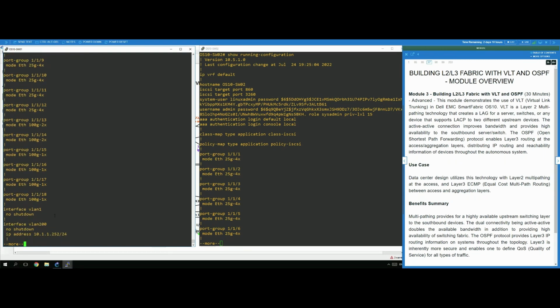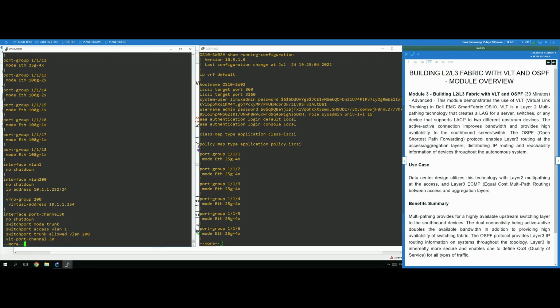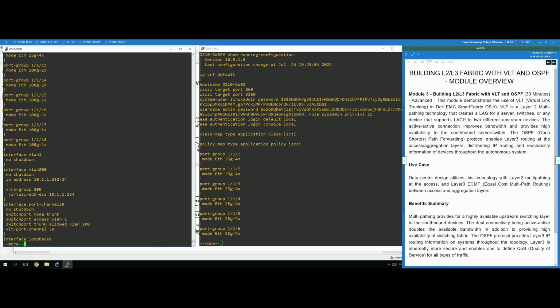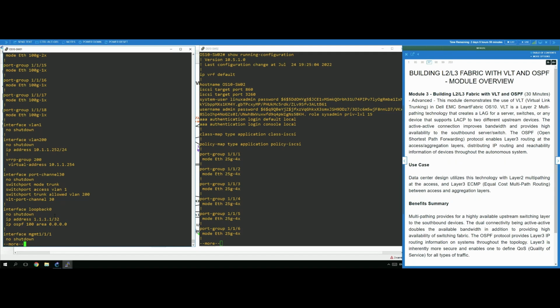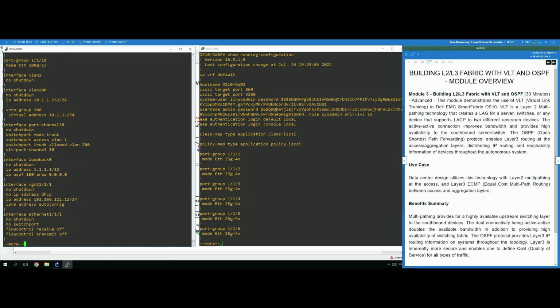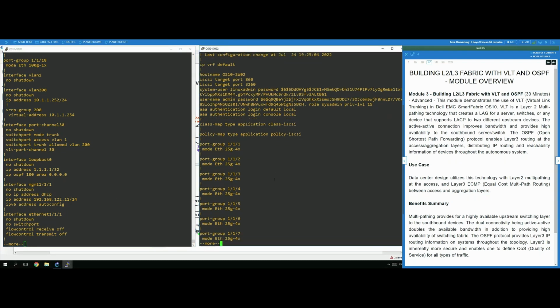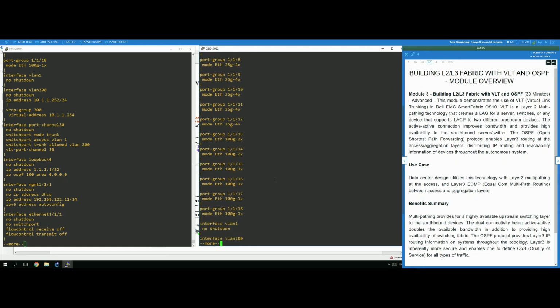The configuration that I loaded into the running config by doing the copy command basically configured the switch for this lab. Interface VLAN not shutdown, interface VLAN 200 with the IP address of 10.1.1.252/24. And on the second switch, like I mentioned on the previous video, but it's worth